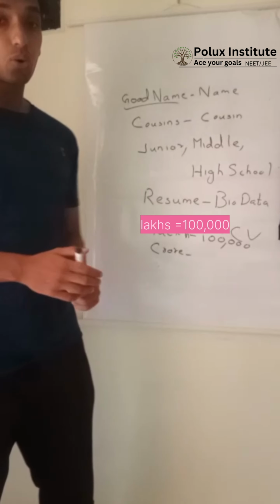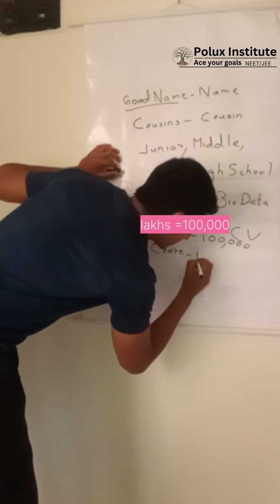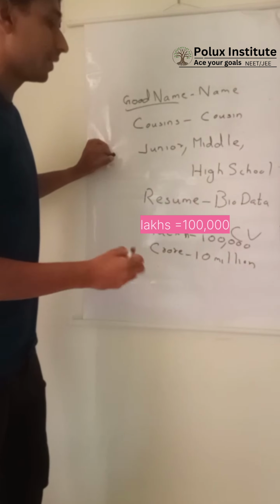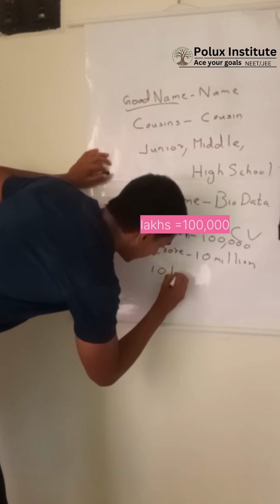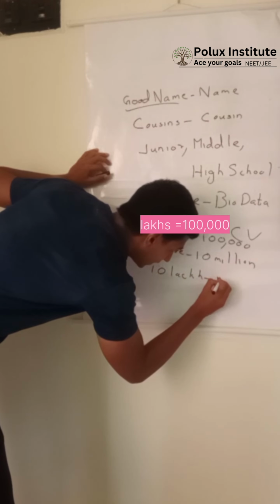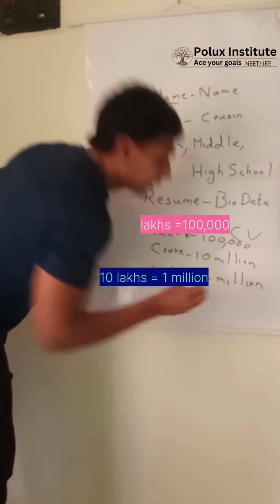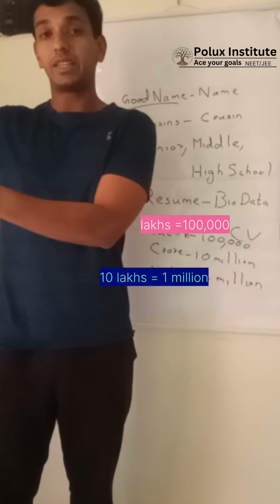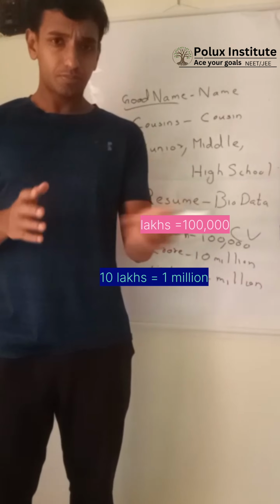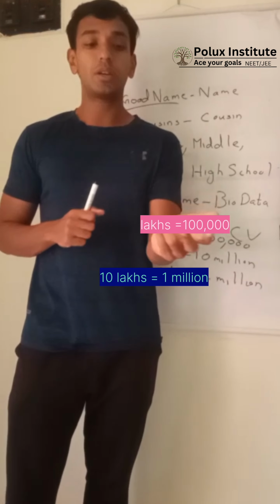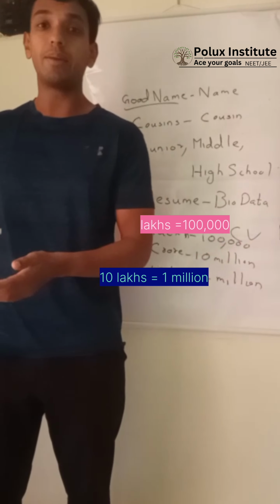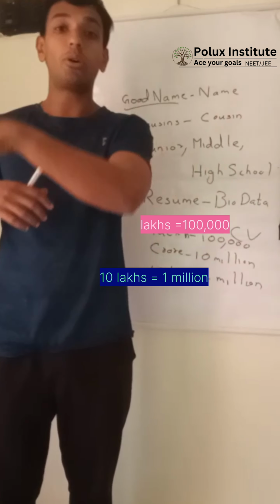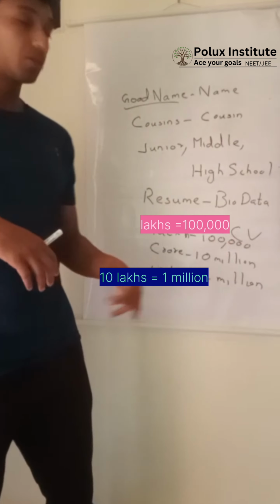And what is a crore? A crore is 10 million. So you might be asking, what is a million then? A million is 10 lakh. Or if you want to make it easier, just know a million consists of 6 zeros after the one. So you can easily differentiate. They don't use words like lakh and crore. They use words like millions, and going up to 9 zeros it becomes a billion and all those words, whereas we use crores and lakh.